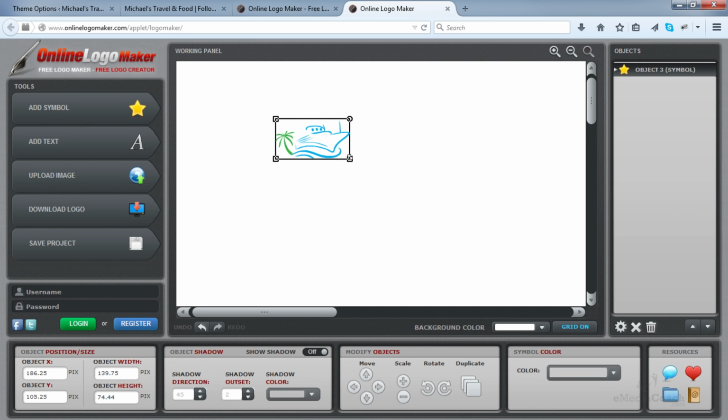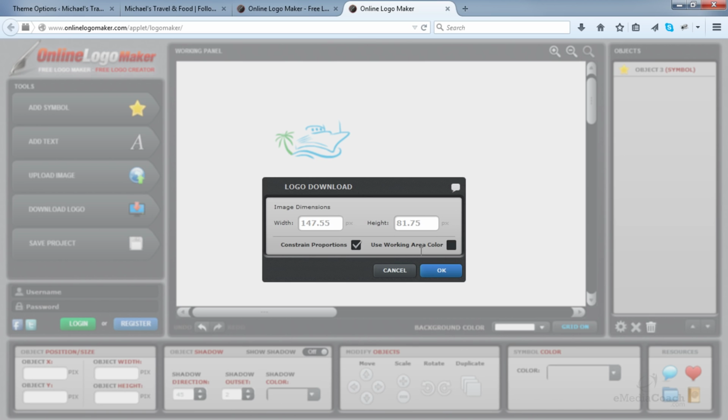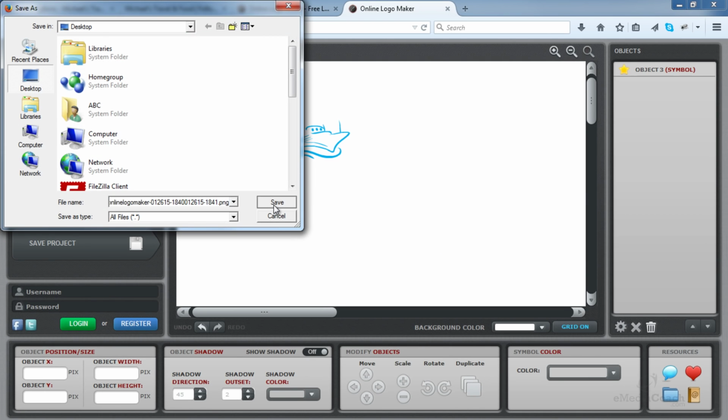Maybe I'll just get rid of the text, keep the image, and using trial and error, come up with the logo that you are happy with.